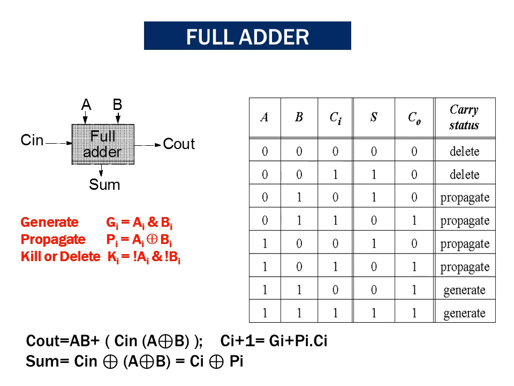And the last term is the generate. That means whenever A is equal to 1, B is equal to 1, that time you are generating the carry because it is an ANDing operation, A into B, and whenever both are 1, you are getting the output as a 1. So despite the fact that C in is 0 or 1, you are actually getting the output as a 1 and 1. So that is how the generate signal is. And these are the two expressions for the carry out and sum for the full adder. We are writing these expressions in terms of G, P and CI. Here also sum we are writing in terms of P and CI.